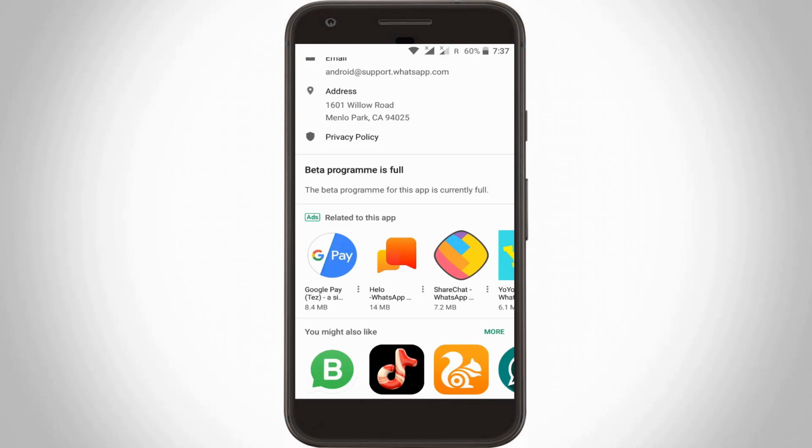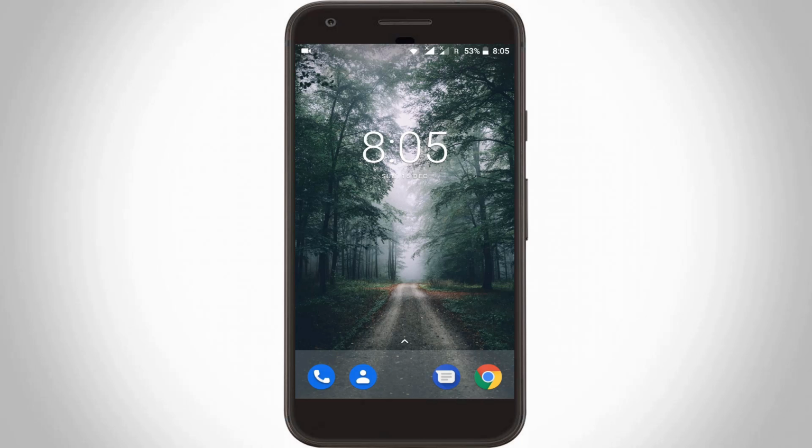So before going to the tutorial, first of all, what is this beta tester? In every app maker they test their application by using people. So during this period, if any bugs are discovered, they resolve these issues before they release the official version of that application. But one of the main features of this beta tester is you get the new updates before your friends get it. So my suggestion is this is a very interesting one.